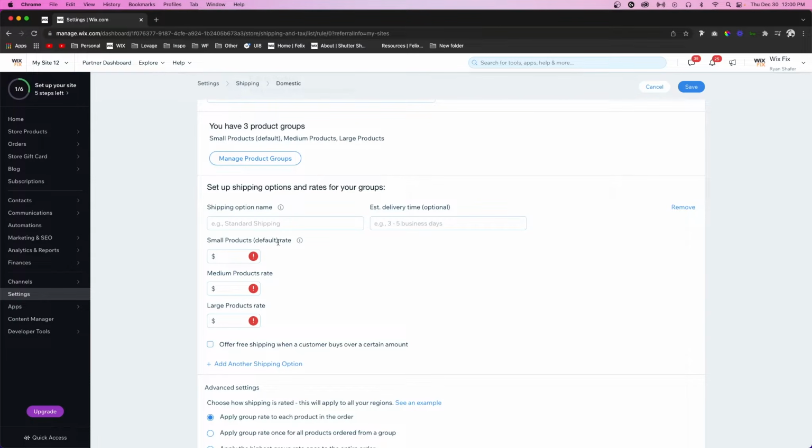Now, in order to actually get the rates for these, I would take it to UPS or a FedEx or any other local shipping store, and I would ask them for both the domestic and international rates for shipping the smaller products, the medium products, and your larger products. Now, when you get these rates, you can go ahead and put them in right here. So maybe the small products, it costs $5.99 to ship them, maybe $7.99 for the medium, and then maybe $10.99